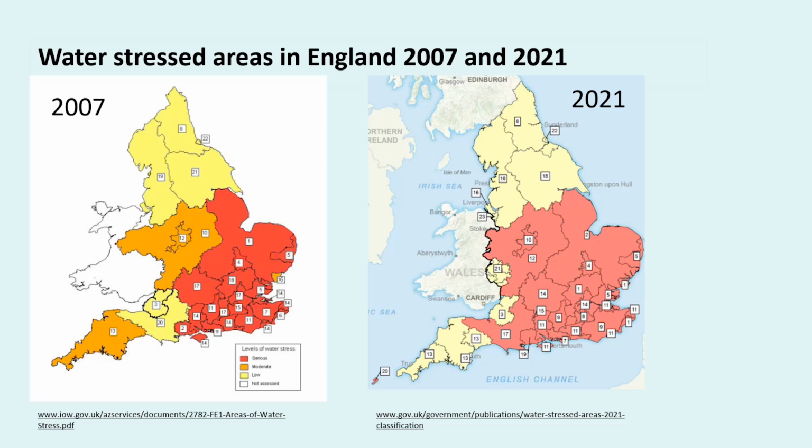The designation of an area as seriously water stressed permits the water companies to consider introducing compulsory water metering to try and reduce demand, alongside other demand management measures. Interestingly, it also permits local authorities to tighten the new home water use standard from 125 litres per person per day to the 110 litres specified in Part G of Schedule 1 and Regulation 36 of the Building Regs 2010, if you care to look it up.